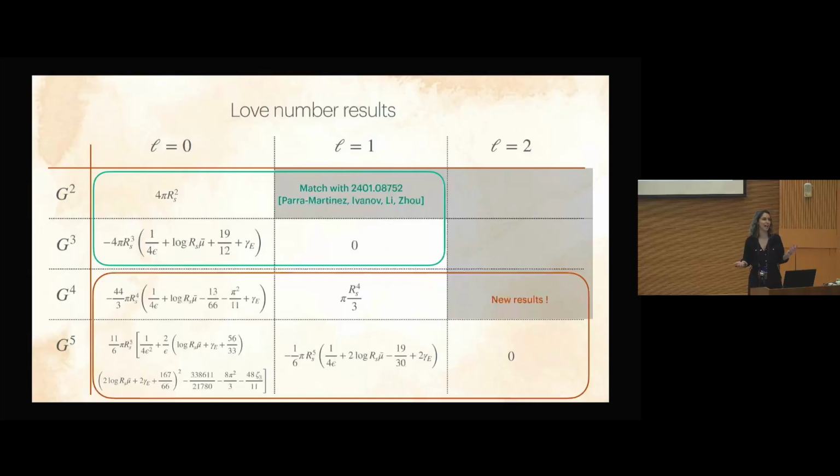Does it give you any new insight into why these are vanishing? So maybe something I can mention here is that if you go to G to the 4, then you start having actually iteration of Love numbers themselves that you have to take into account. Because the first Love number is at G squared, so if you go to G to the 4, you're going to also have those. And you also have to take this into account when you do the matching, which is the kind of thing that I want to mention.